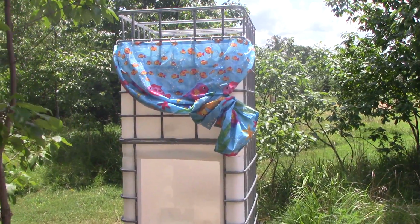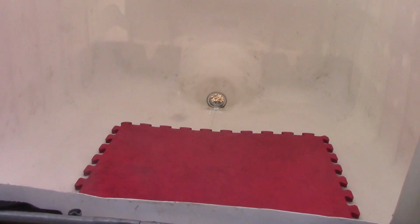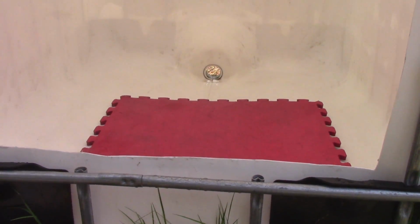And so we'll show you how it works. Right, so here's the interior. Now there's the drain hole. I just have a mat there so you wouldn't slip. Here's the nozzle head. And so you have plenty of room here. It's about 6'2". Sorry about the echo. That's what it looks like internally,